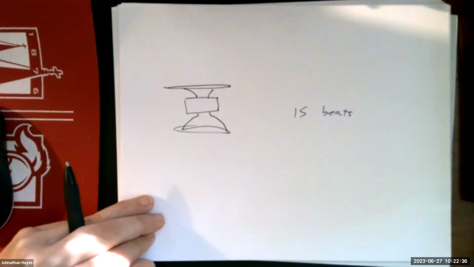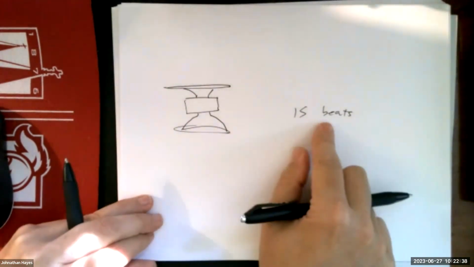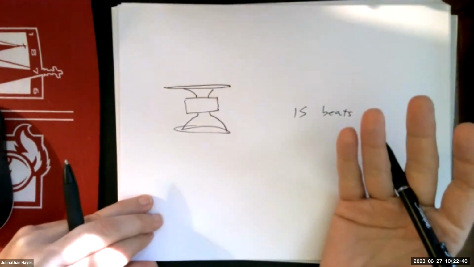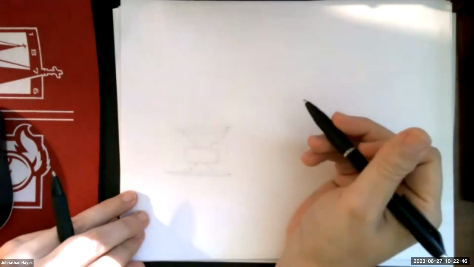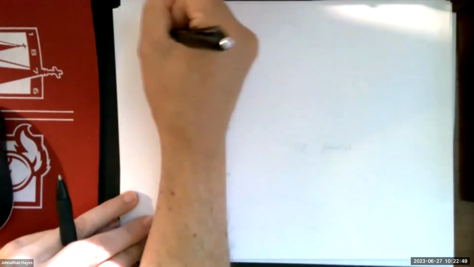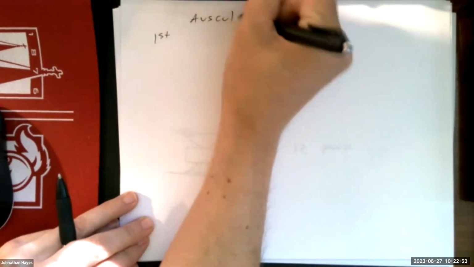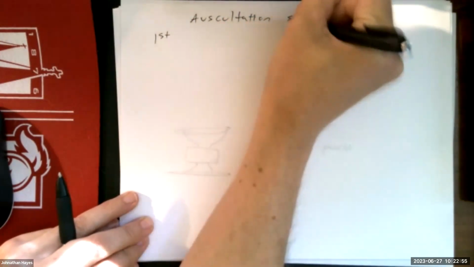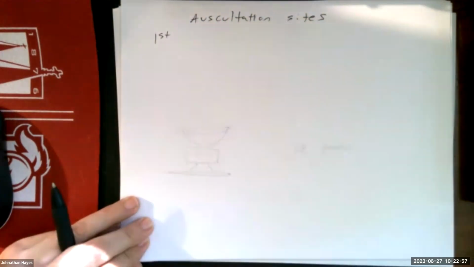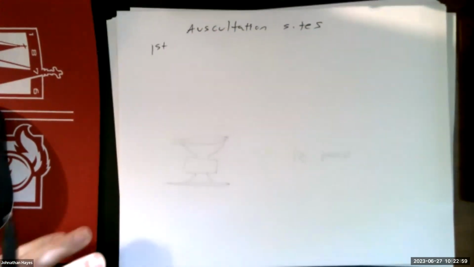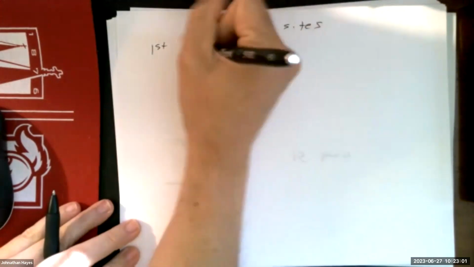So if I know how many beats to listen to, the next thing I need to know is where do I listen, right? That's the part we've got to learn for our test, because this is how questions might come up eventually. So first place I'm going to listen. These are called auscultation sites. The first place I'm going to be listening to is